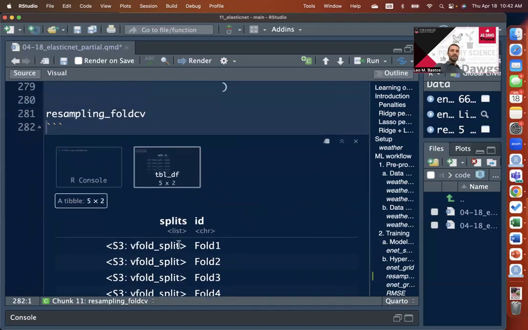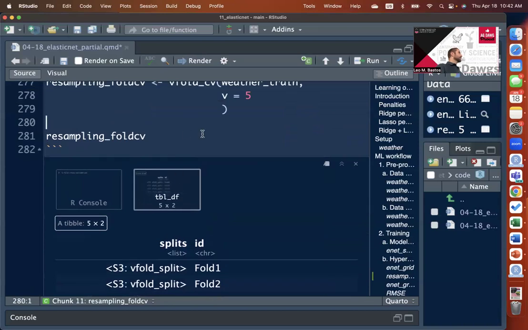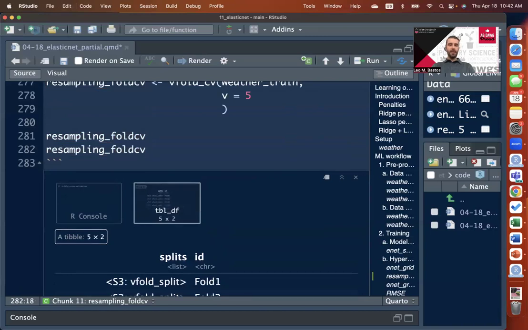We get a nested data set with a column called splits and a column called ID. On the splits column, you can see that this is a nested data frame, as we've been seeing already when we're doing iteration. So I want to explore one of those folds. I want to open up this first fold for us to look into it. So I'm just going to copy the object name. I'm going to use the $ sign, splits, and the double bracket notation to pull that